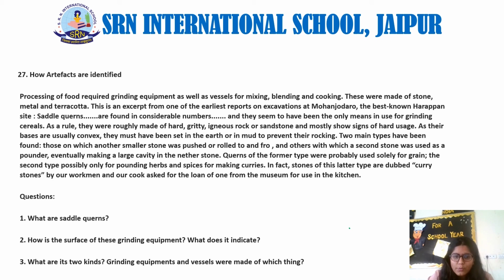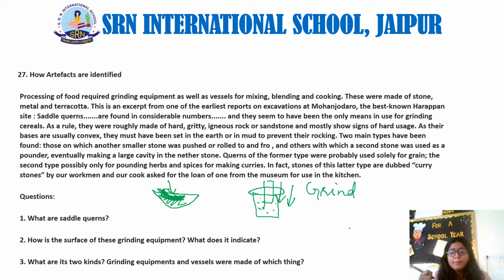So I'll try to make two. One was this for grinding, and it was a hollow space. People used to put their things and grind it like this by moving the quern over it to and fro. And another one was like this. It had more cavity, and they used to put stuff here and pound it by making continuous movements through a quern. So these are its two kinds.